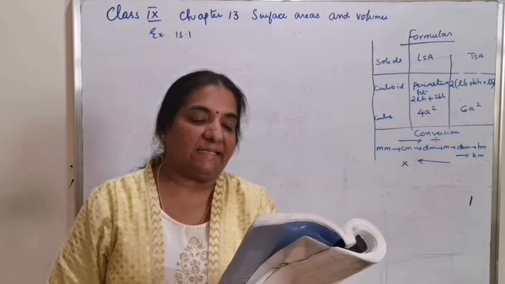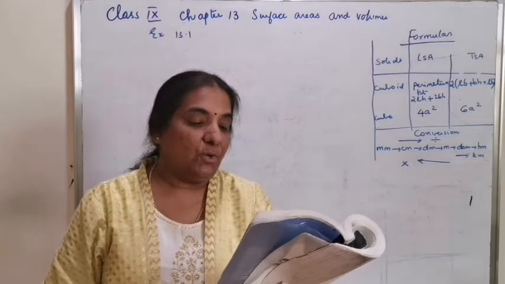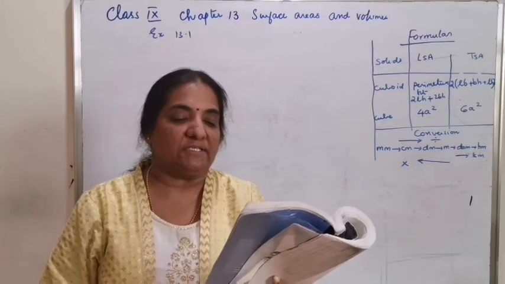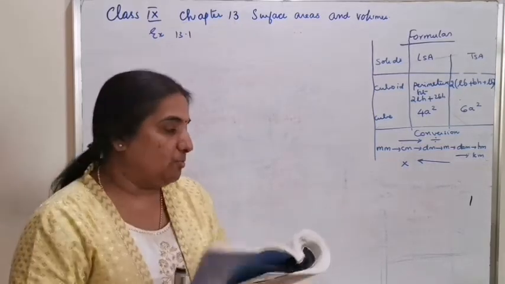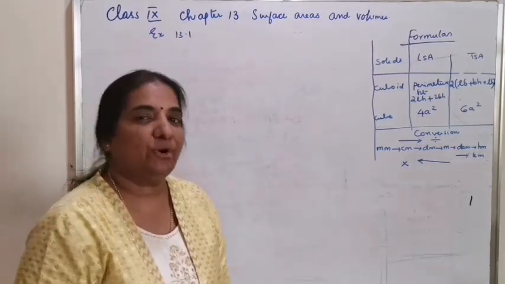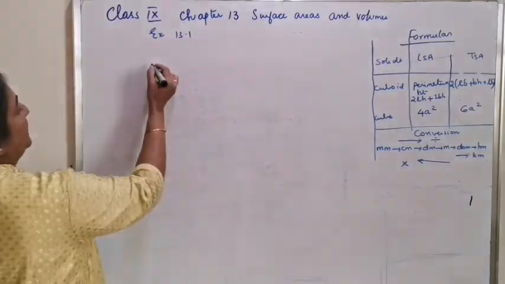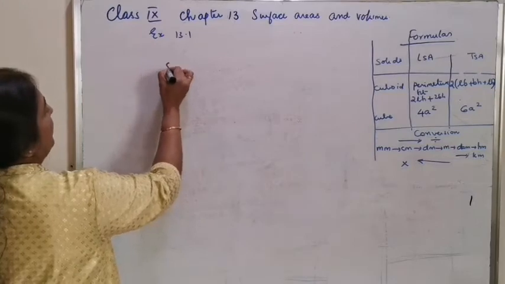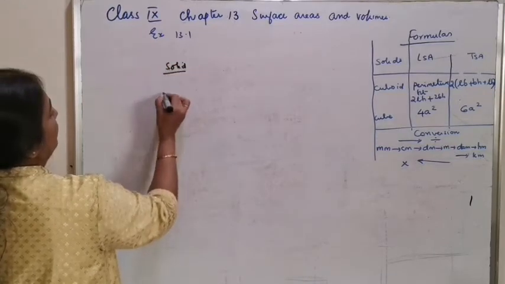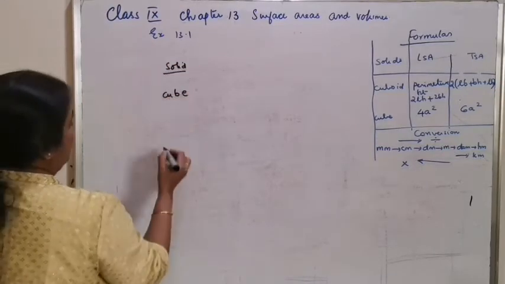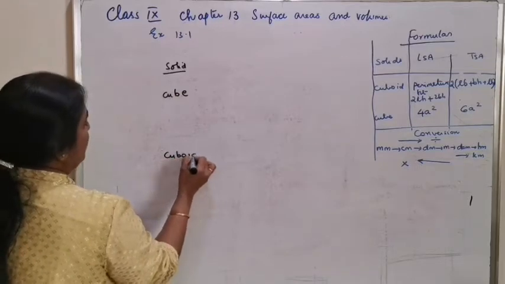Which box has greater lateral surface area and by how much? Which box has smaller total surface area and by how much? So both the surface areas have to be found out and then you have to compare. So let's do a tabular form here. That means the solids given are a cube and a cuboid.